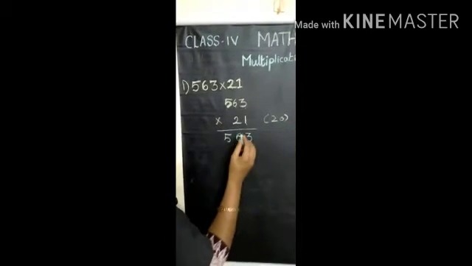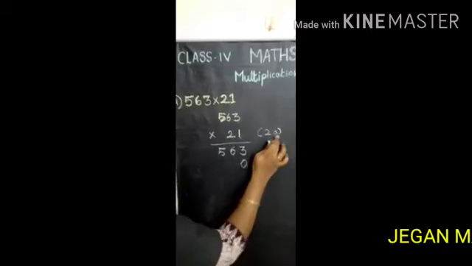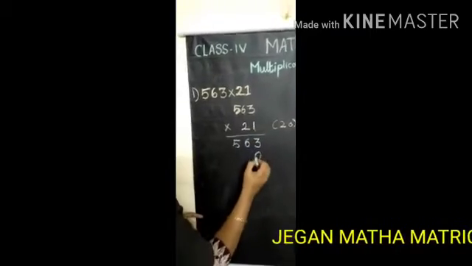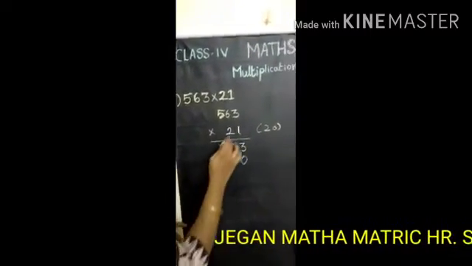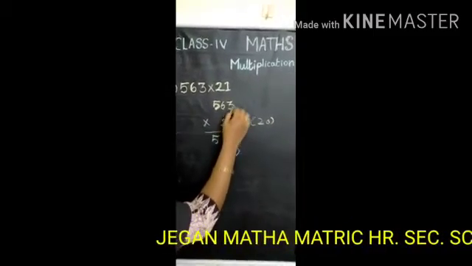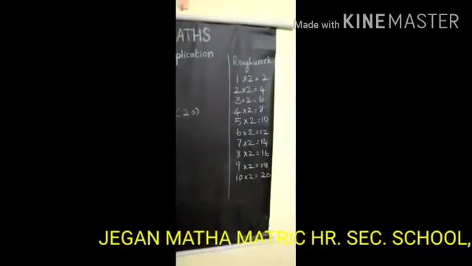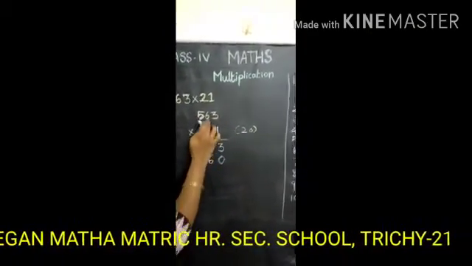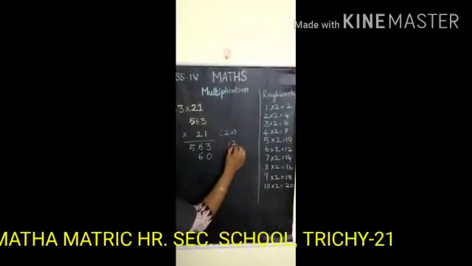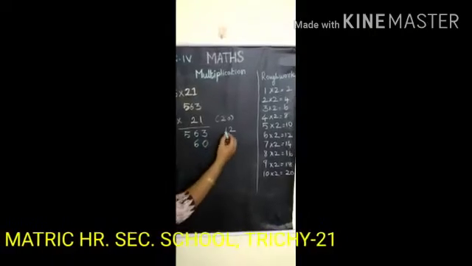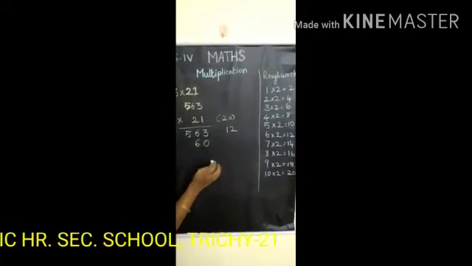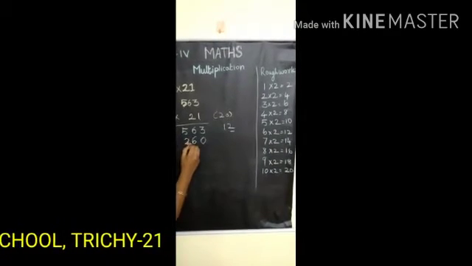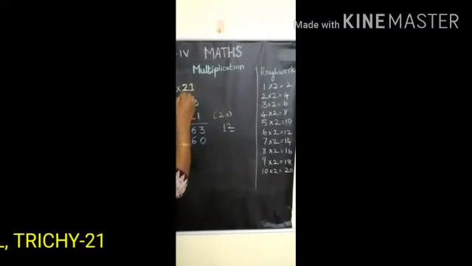That is 20, with 2 in the tens place. First you write 0, because any number multiplied with 0 gives the answer 0. Then move to 2 and start with 2. So 2 3s are 6. Then 2 6s are 12. You don't write a two-digit number. First write 2 in this place. The balance 1 you carry over here.